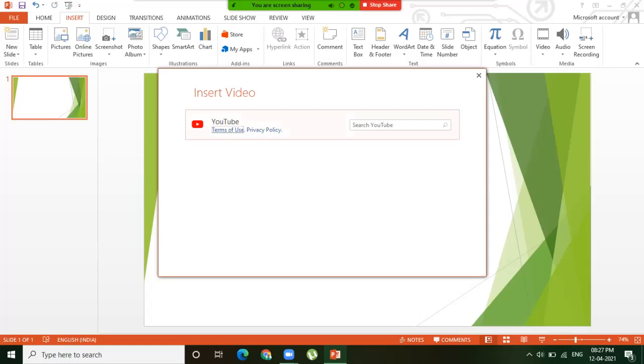So whenever you click on the URL, meaning the website link, that video is going to play in the presentation. So make sure that your computer is connected to the internet. Then only, when you click that YouTube link or video link, it is directly connected to the internet, so that link is going to be opened in YouTube or some other website. Right. So let's try if it is possible. We can insert here.